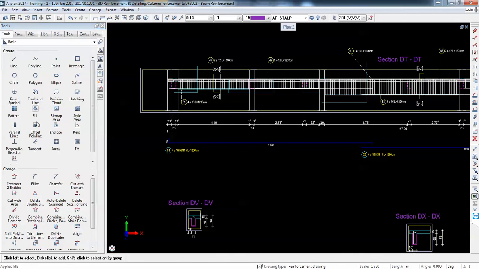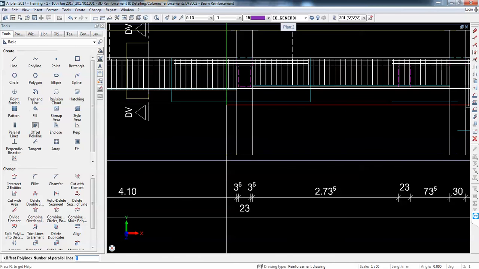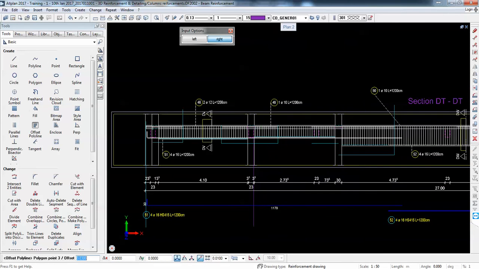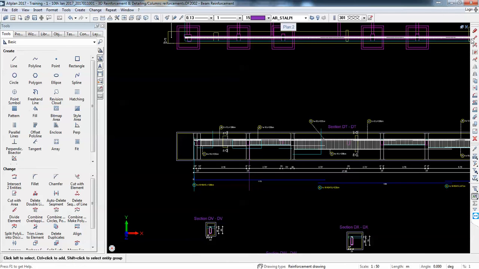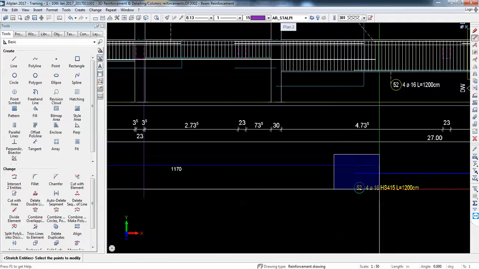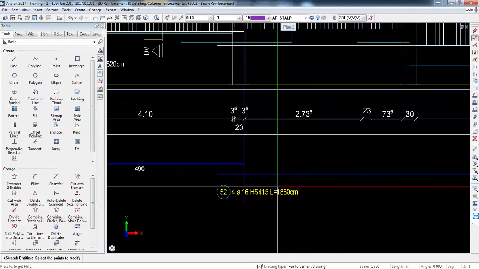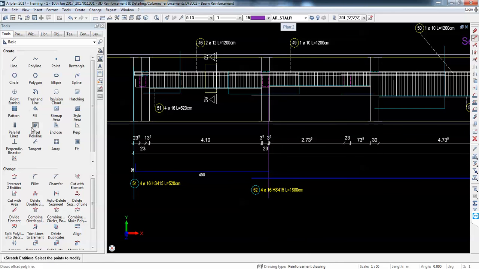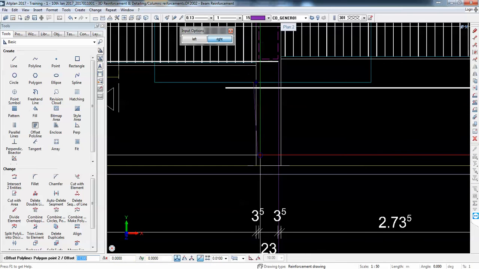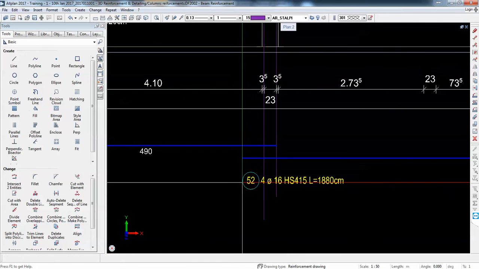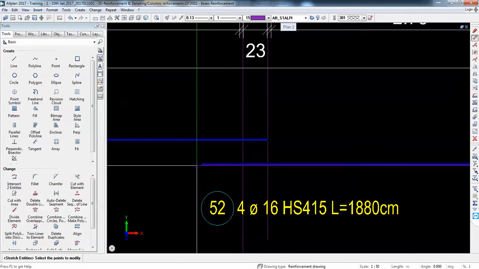Go back to that offset polyline. I can also show you how we can place the buttons that we do frequently in a menu, so I don't have to run so much through them. It will be here, stretch entities. I pull this schema here, and I'll need again that offset option to have the concrete cover here. It's on the left side this time, and then retract this bar,